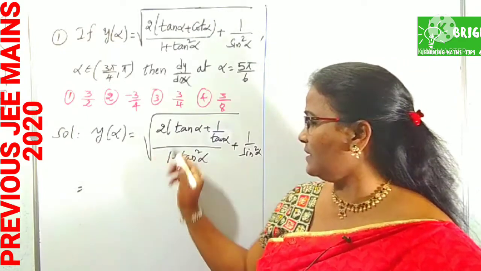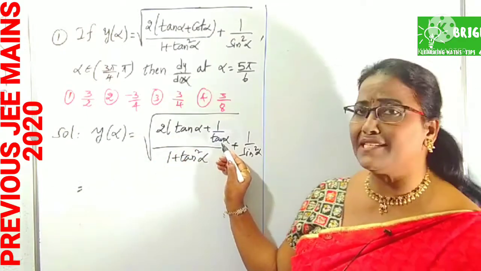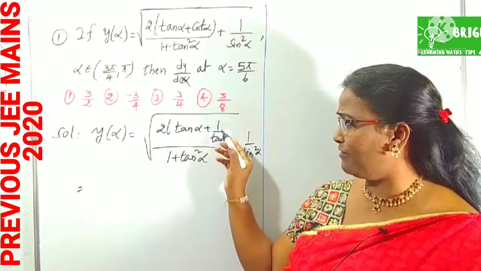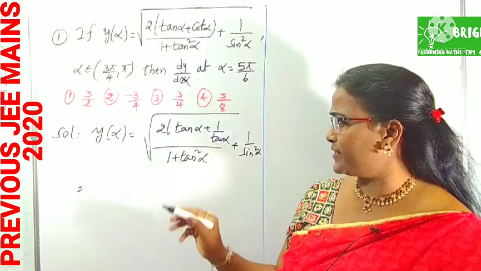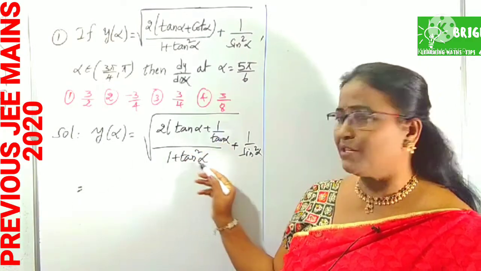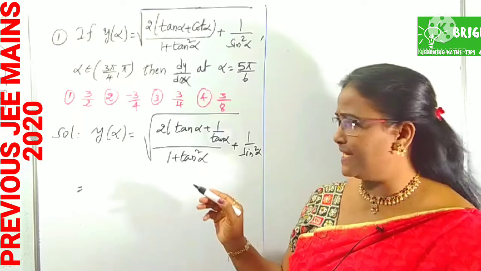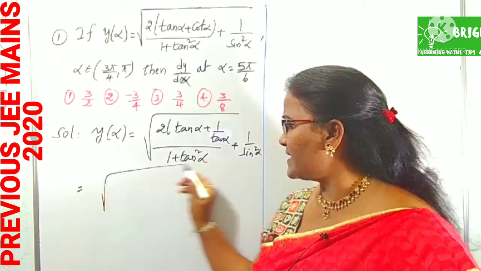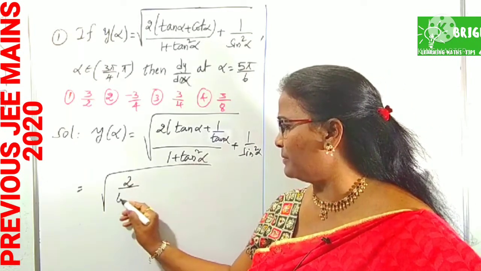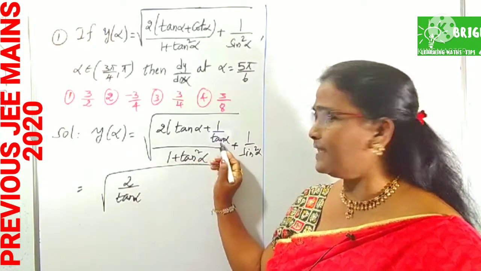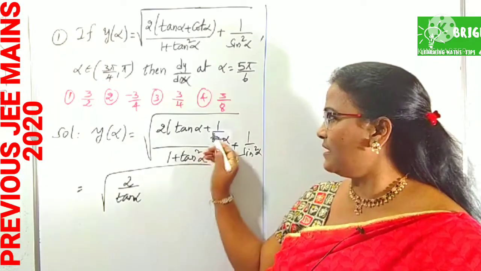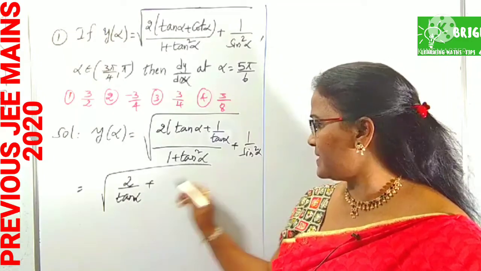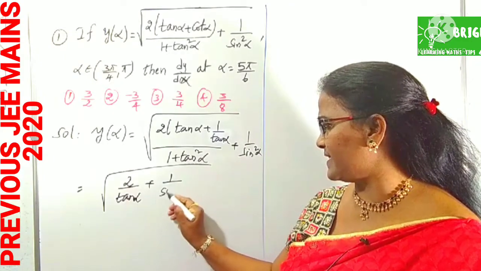After that, you have to simplify by taking the LCM. What is the LCM here? Tan alpha. Tan alpha into tan alpha gives tan square alpha, plus 1, which means 1 plus tan square alpha in the numerator. Here also 1 plus tan square alpha is there. Both get cancelled. What is left over? Simply, under the root, 2 by tan alpha, with the LCM term tan alpha taken as it is. 1 plus tan square alpha cancels. Next, plus 1 by sin square alpha as it is.